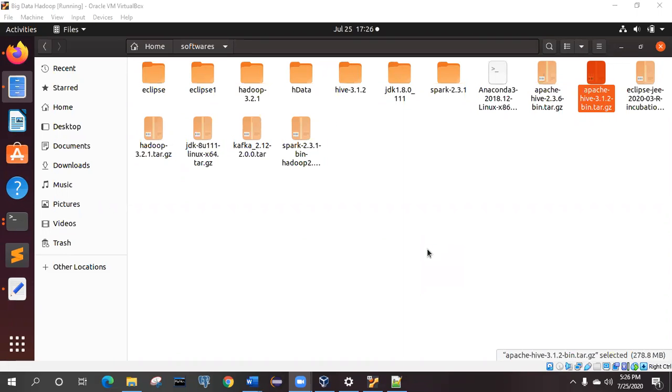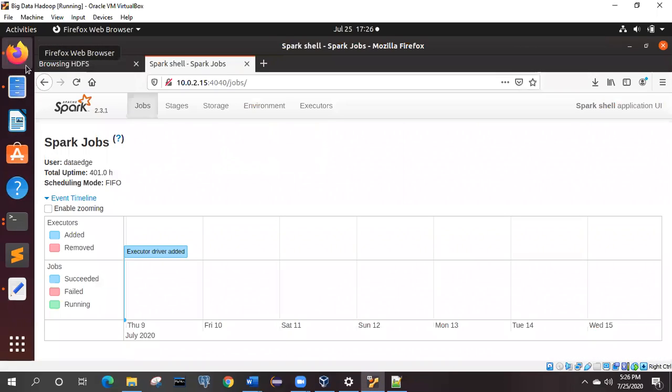Today I am going to tell how we can install Apache Hive 3.12 version on Ubuntu, and I will try to configure MySQL as the metastore in Hive. So let's get started. First of all, we need to download Hive from